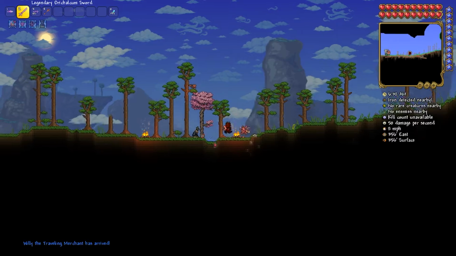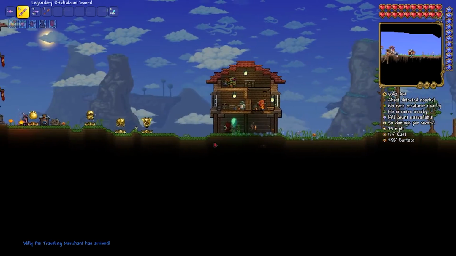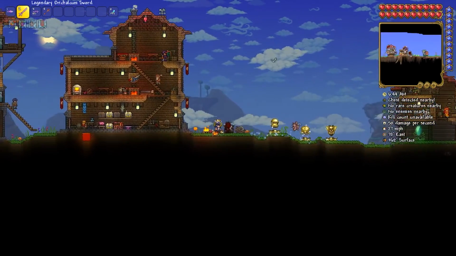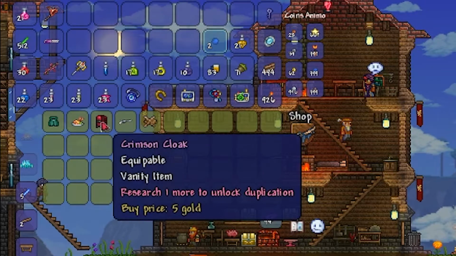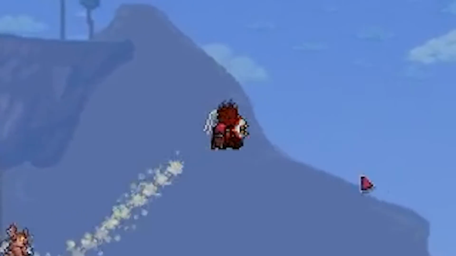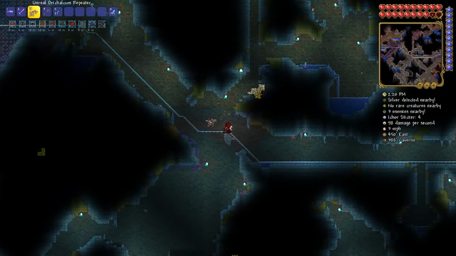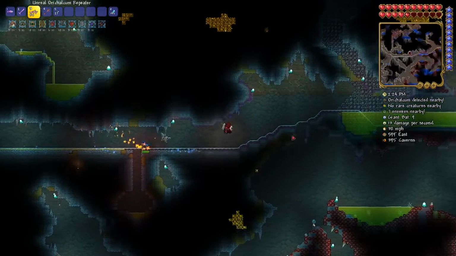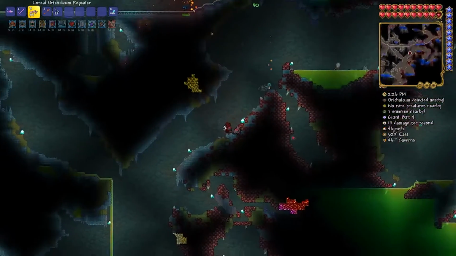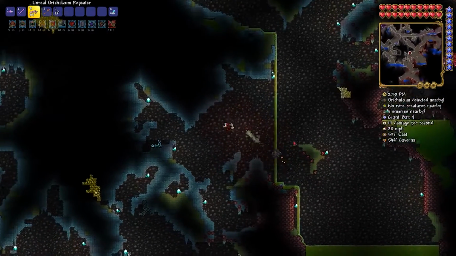Ooh, Traveling Merchant is here. Once you get into hard mode, the Traveling Merchant starts providing some newer stuff for you to buy, so I should definitely check out what he's got. Ooh, and now I have my Crimson Cloak. Despite there being a good amount of it right in the Crimson biome there, I'm going to ignore what's in the Crimson completely and just dive deeper than it